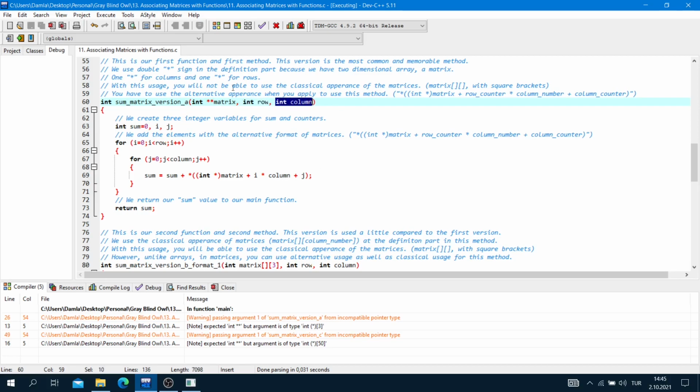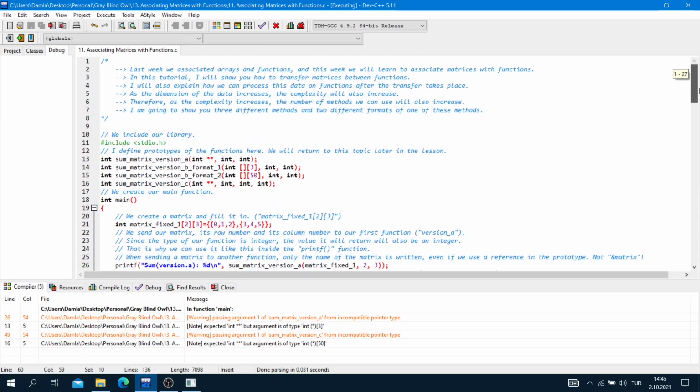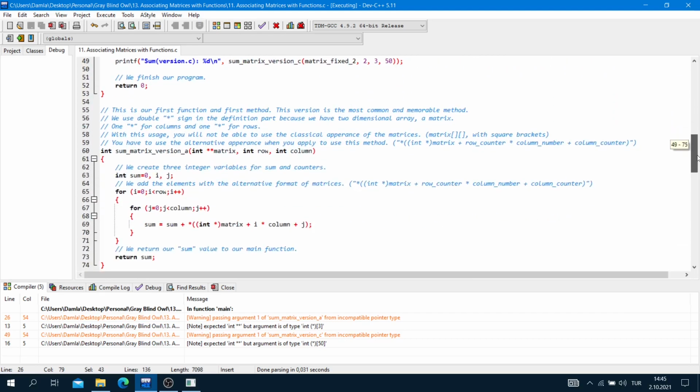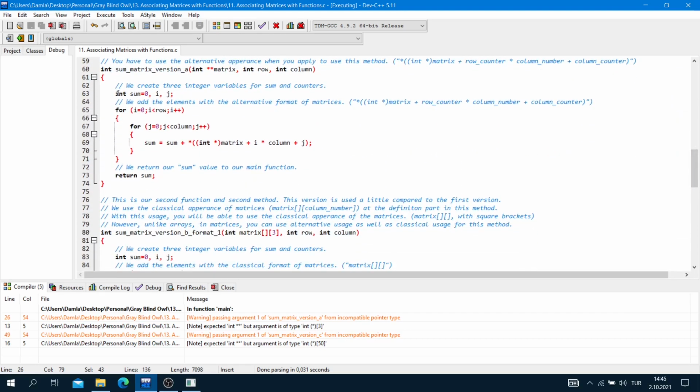We got these numbers and we got the matrix above here. And now integer sum is equal to 0, i for the row number and j for the column number. We add the elements with the alternative format of matrices like that.